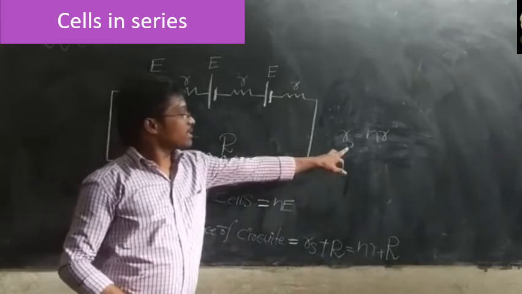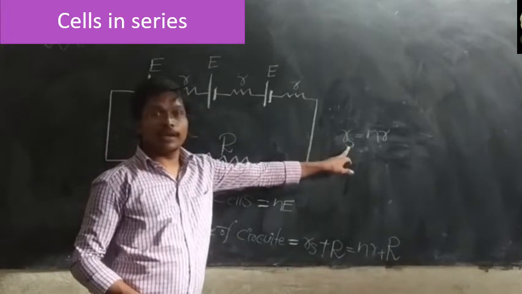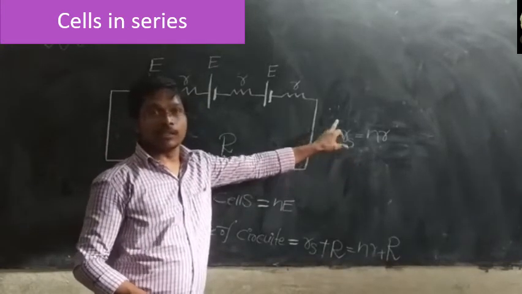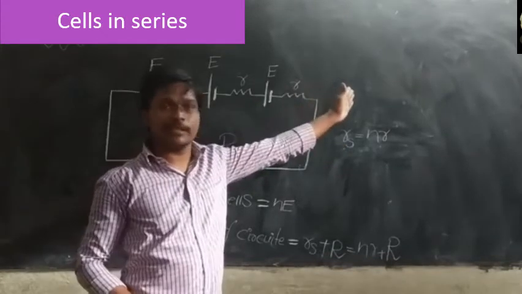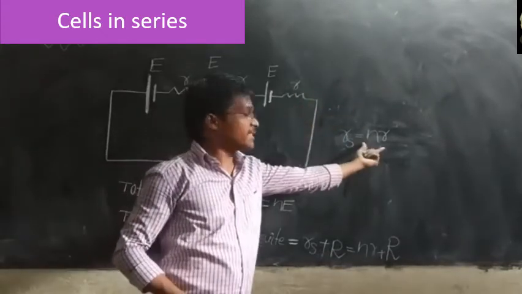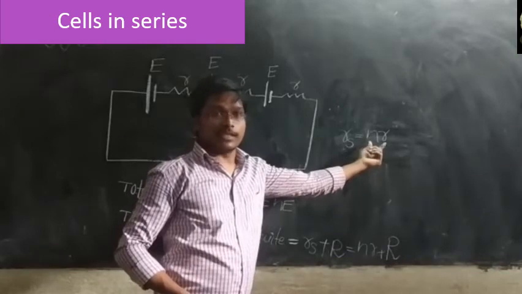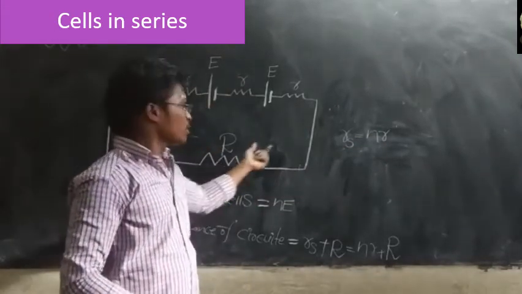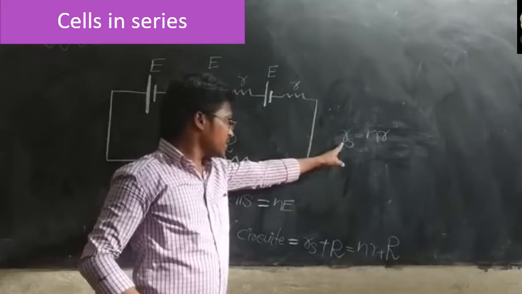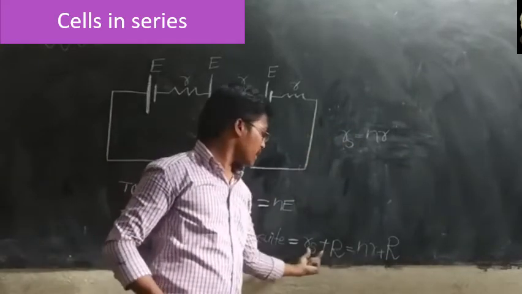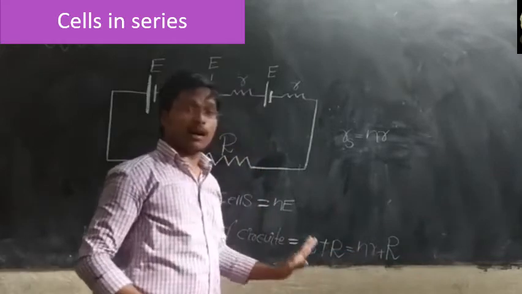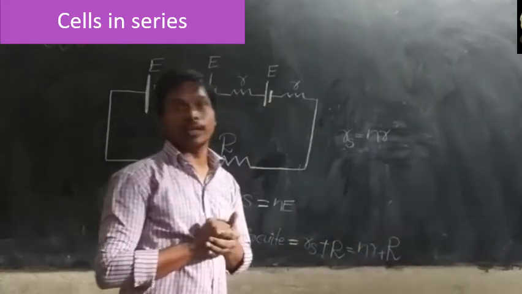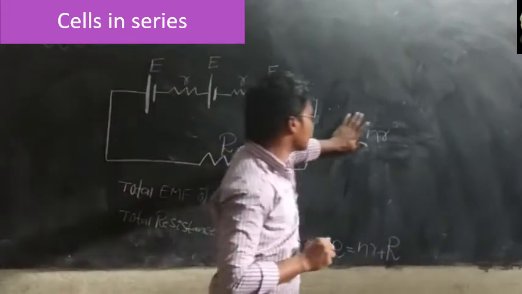Okay, this series RS, you know already, is the series combination of resistors. These resistances are in series combination, so we use this expression. This resistance and one more resistance are there in our circuit, so this plus this. What is this value? NR. So in place of RS substitute NR plus R. Okay, I hope you understood this.